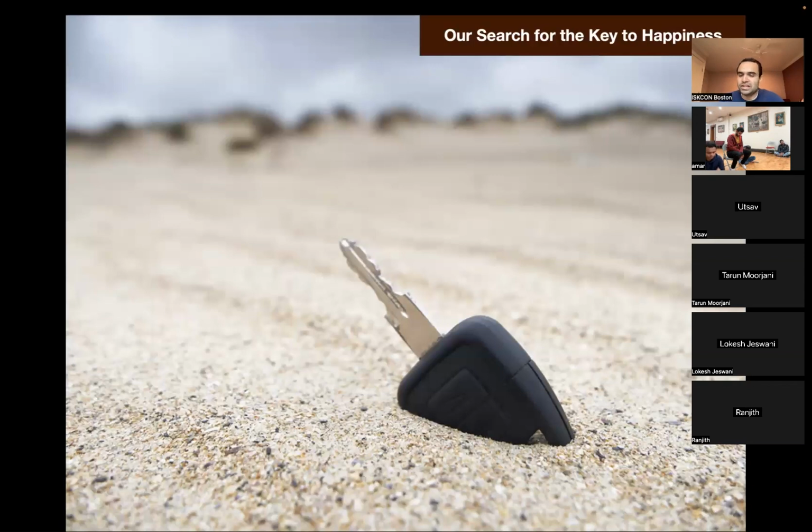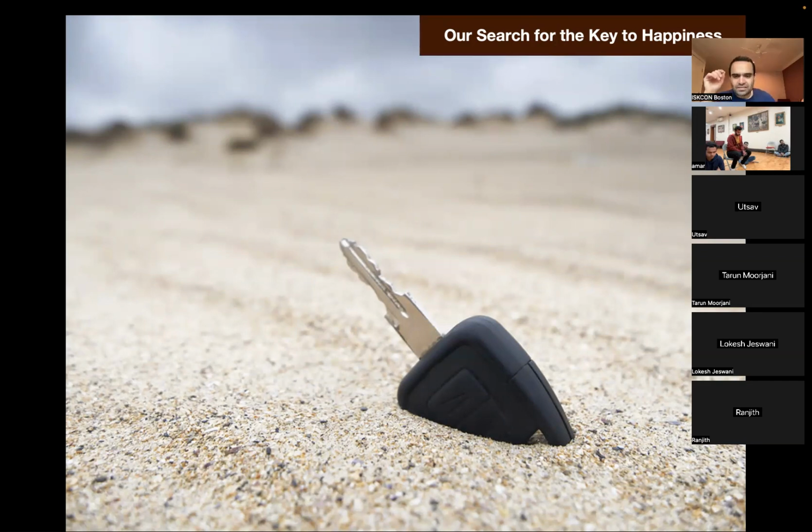But because we lost that happiness, we are searching for that same oceanic happiness in this material world. But that search goes in vain. Why? Because it's something like